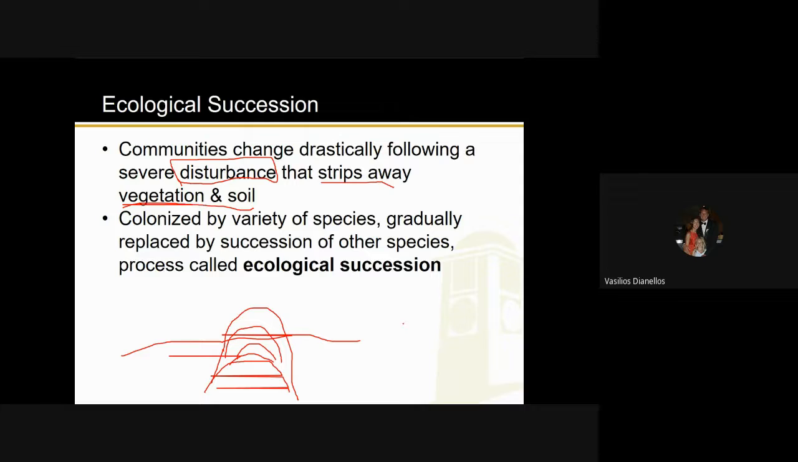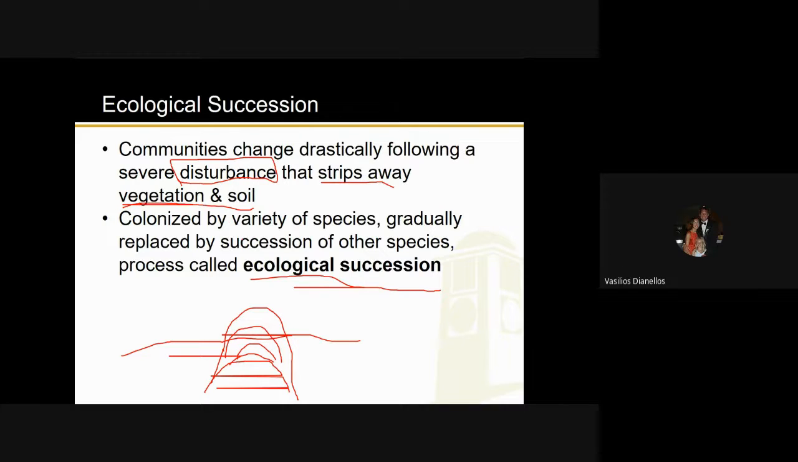Or one last example, you've got glaciers. Glaciers are usually miles thick of ice, and below that is nothing but rock because nothing lives there for the most part. So once the glaciers melt away, then you're left with nothing but rocks, right? There's no soil, there's no plants. So anyway, when these things happen, either when you have new land or there was a severe disturbance, we have something called ecological succession. And that is when that area is colonized by a variety of species,